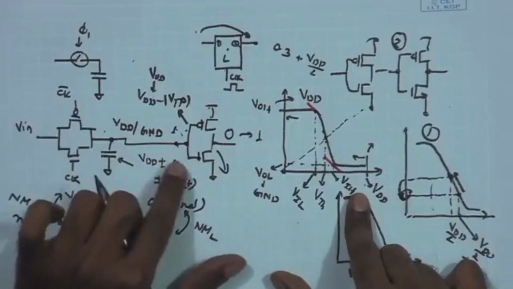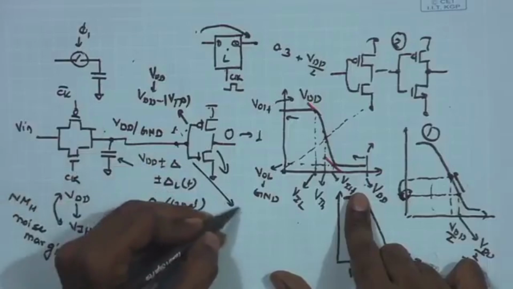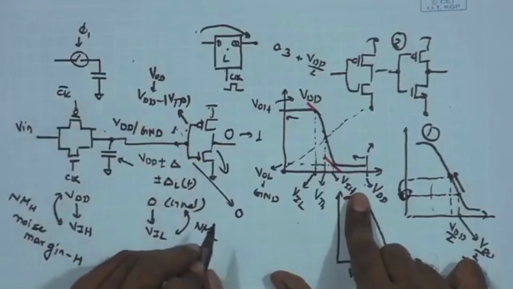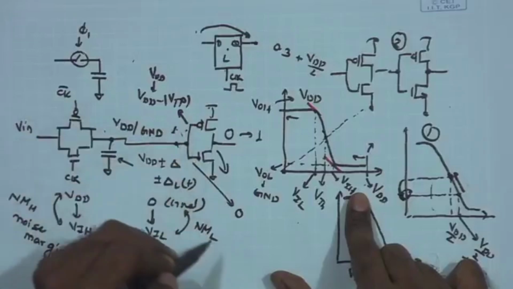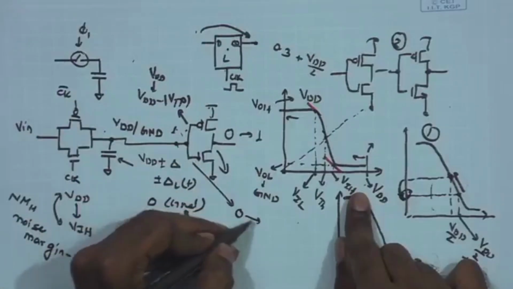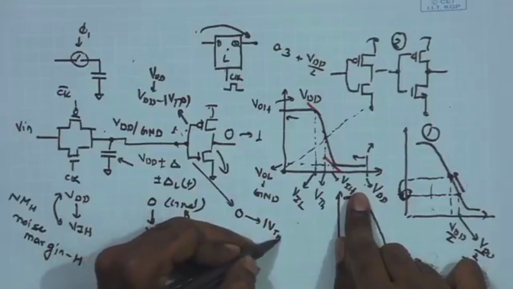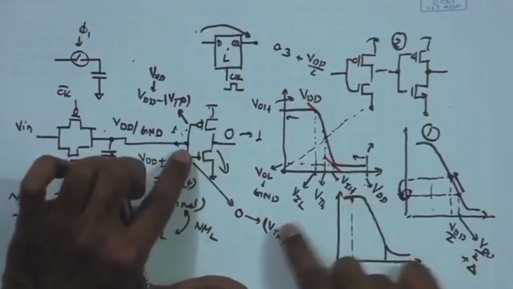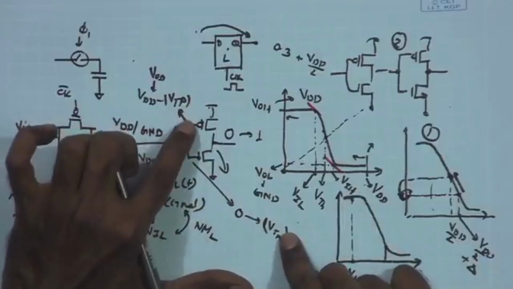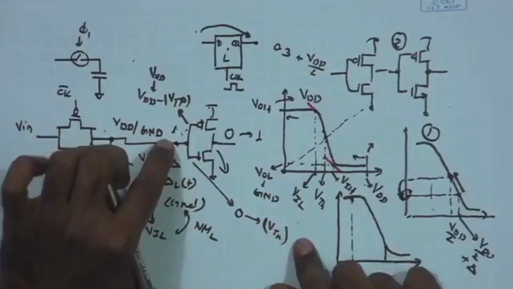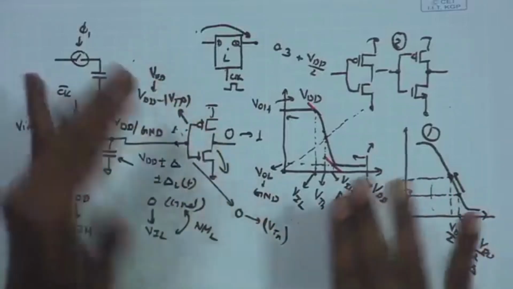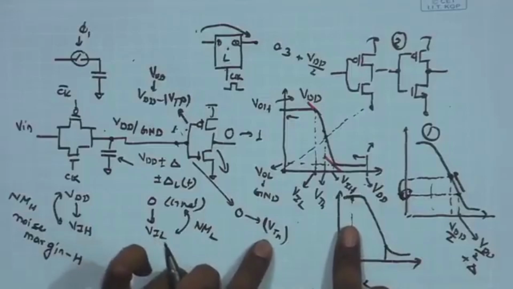if this level was initialized to ground, and the NMOS was off and the PMOS was on, and then I increase this all the way to VTN. As a result, the NMOS will start getting on. If I go beyond VTN, PMOS will become weaker and weaker, and beyond this point once again the inverter can flip. So, roughly we can also say that the